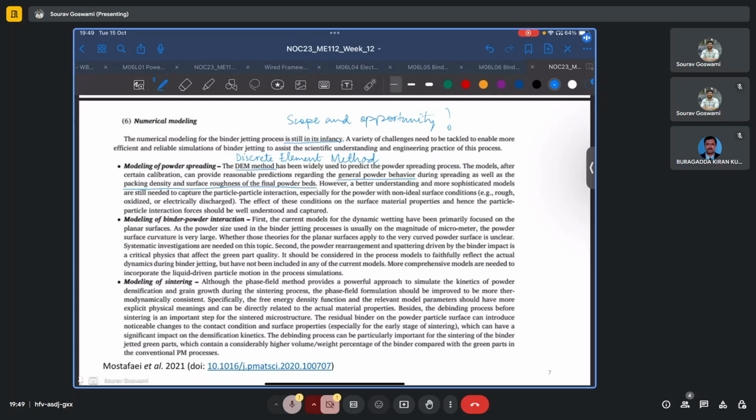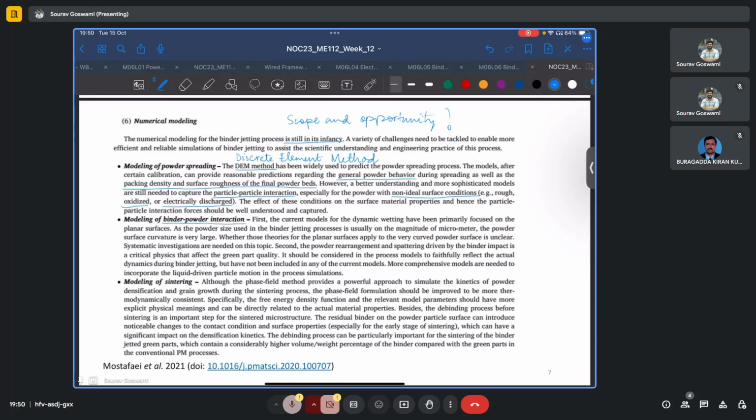However, a better understanding and more sophisticated models are still needed to capture the particle-particle interaction, especially for the powder with non-ideal surface condition, such as oxidized or electrically discharged powders, because as we know, for simplifying the simulation, we typically assume them to have a rough spherical or at best an ellipsoidal shape, because those are mathematically tractable. The effect of these conditions on the surface material properties and hence the particle-particle interaction forces should be well understood and captured. Then there is the aspect of modeling of binder-powder interaction,